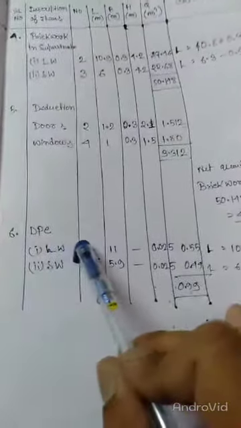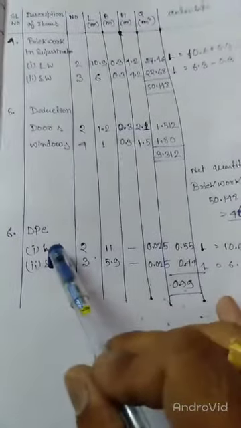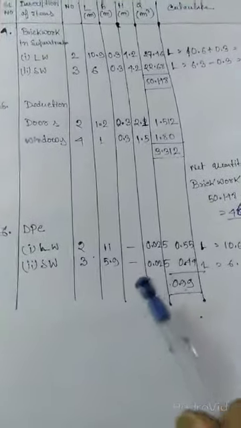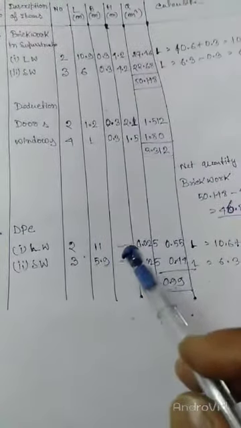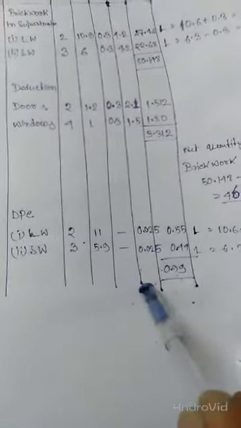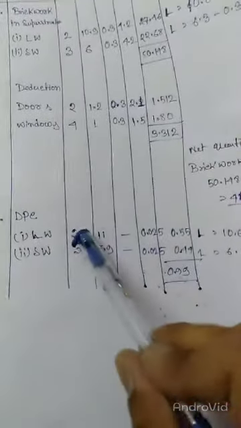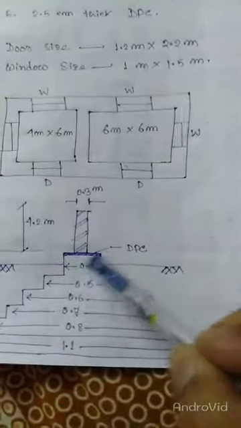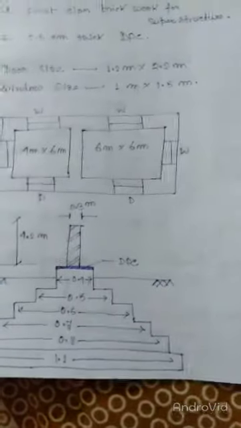Lastly, you have to calculate the last thing, that is the damp-proof course. So the damp-proof course, DPC, of 2.5 centimeter is given in the problem. So again, the same 2 long walls and 3 short walls. The length of the long wall here for the damp-proof course is 10.6 plus 0.4, because that is given here. The width of the DPC, that is the width of the plinth, is 0.4 meter.